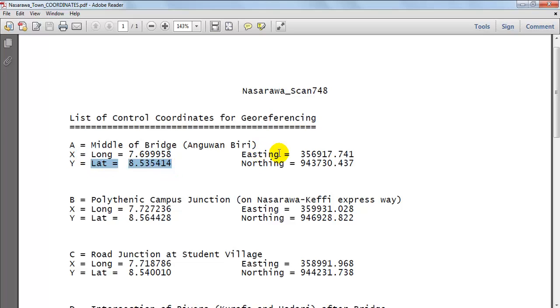We are going to be using the rectangular or projected coordinate system. So we are going to be using the eastings and northings instead of longitude and latitude. So please ignore the longitude and latitude. What we are going to be using is eastings and northings. So for control point A, these are the parameters we are going to use.